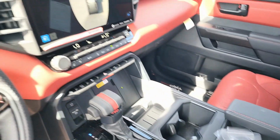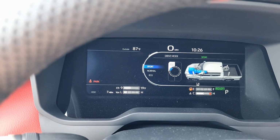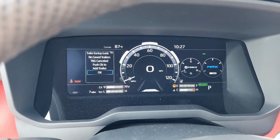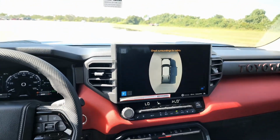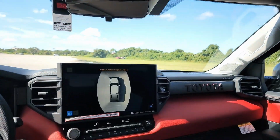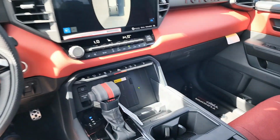Now, looking at the screen, let's see what the drive mode do. Okay, so I can switch it to sport, normal, and eco modes. 3 different driving modes. Now, this is pretty much it. This is the interior of this vehicle. Looks pretty cool. It also does have this huge panoramic sunroof right on top that you can open. As far as the roominess, tons of room, and including this huge,